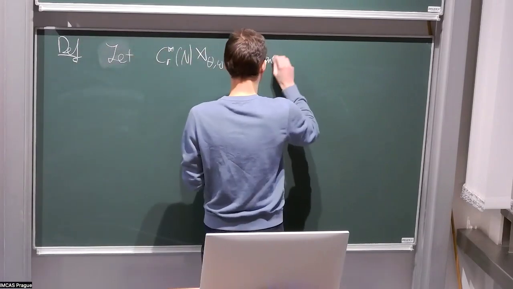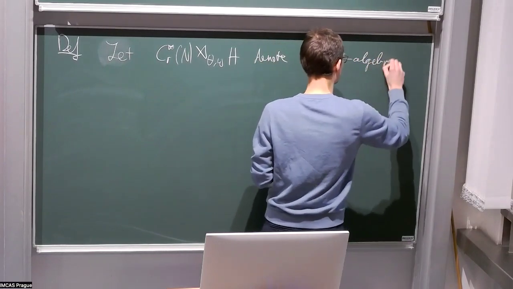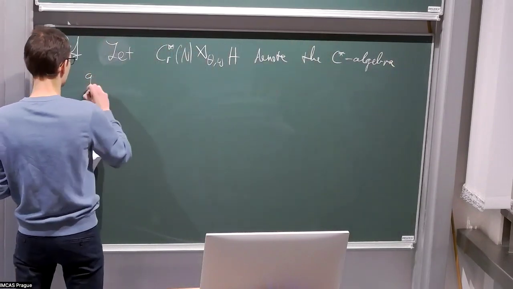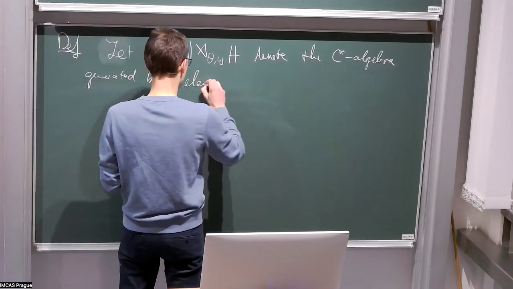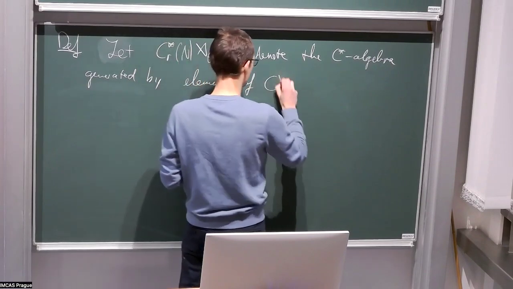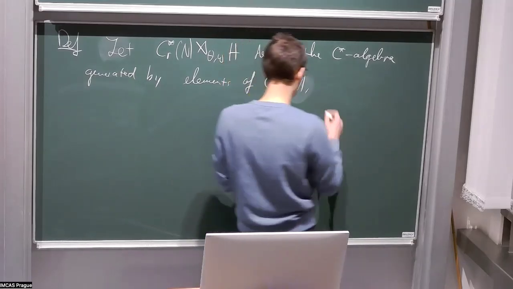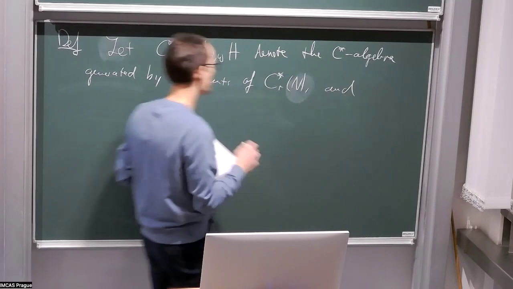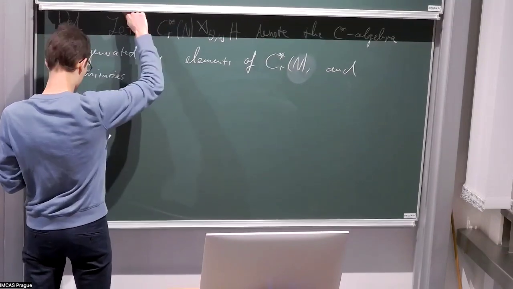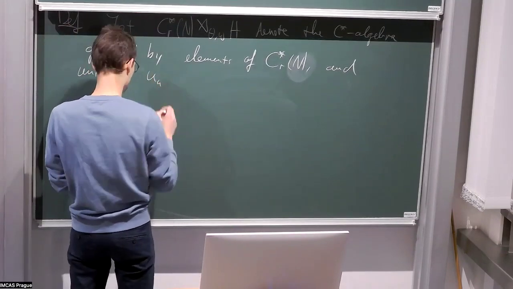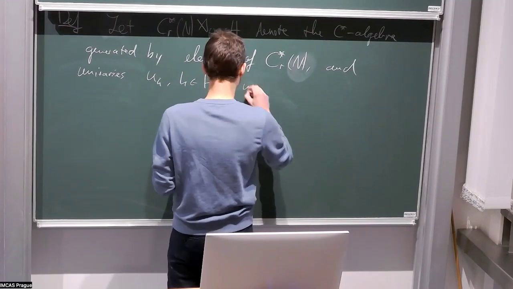This should denote the C-star algebra generated by elements of the group C-star algebra of N on one hand, and unitaries U_h, for h in H, with the relations